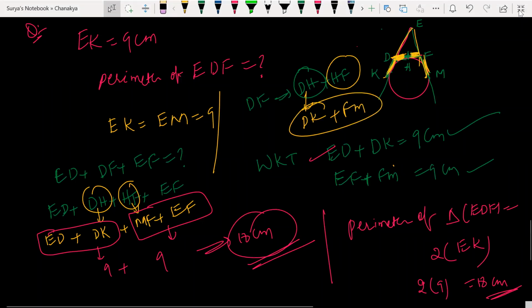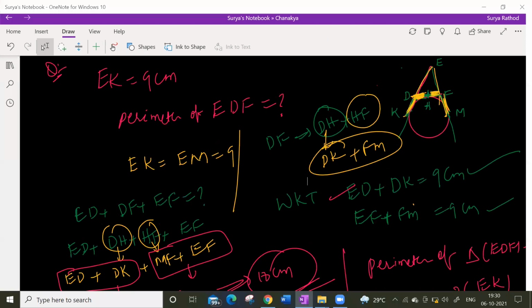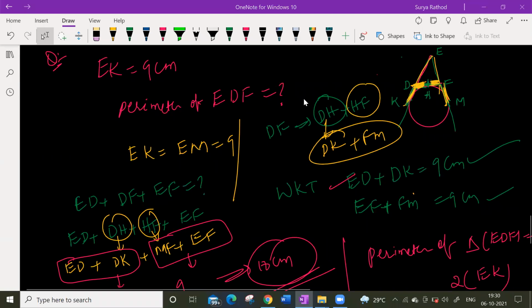Yogesh, clear? I think my battery is about to die. Yes sir. Okay, children. Yes, Yogesh, not an issue. Okay, I'll share these notes. Please go through them if you have any doubts.